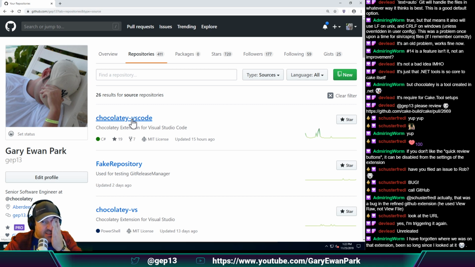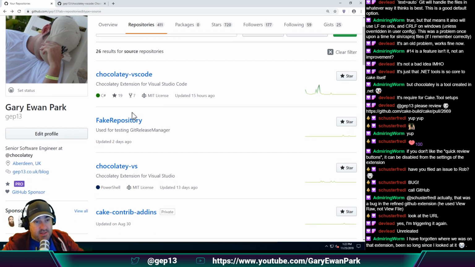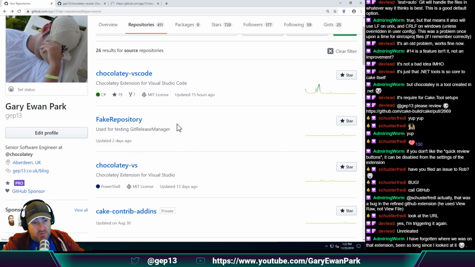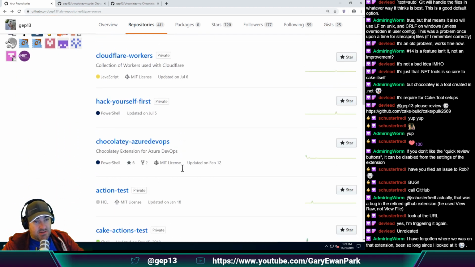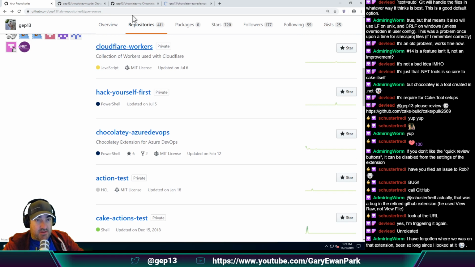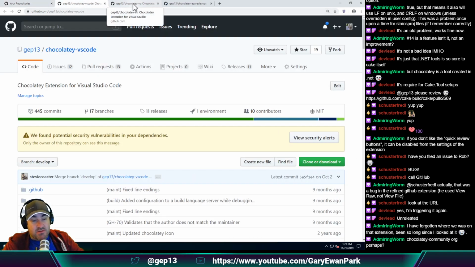The Chocolatey VS Code extension currently lives under my personal profile on GitHub. Right. So the first thing is that it needs to be moved out of there. I just need to do that, and ultimately, it's probably going to live under the Chocolatey organization on GitHub. Along with this one, which is the Chocolatey VS extension, right? And there's another one that is the Chocolatey Azure DevOps, right? So all of these repositories